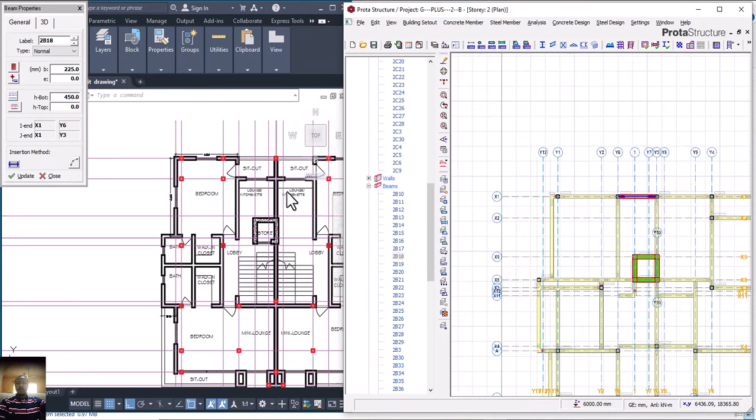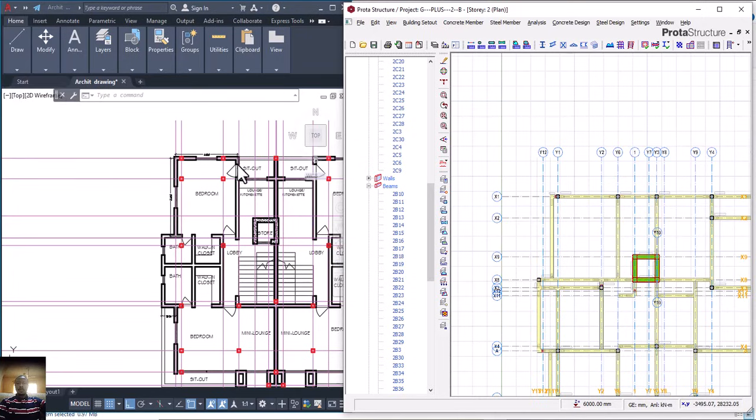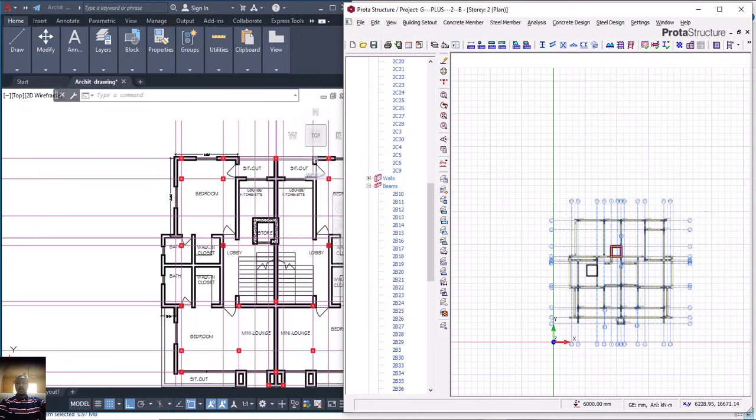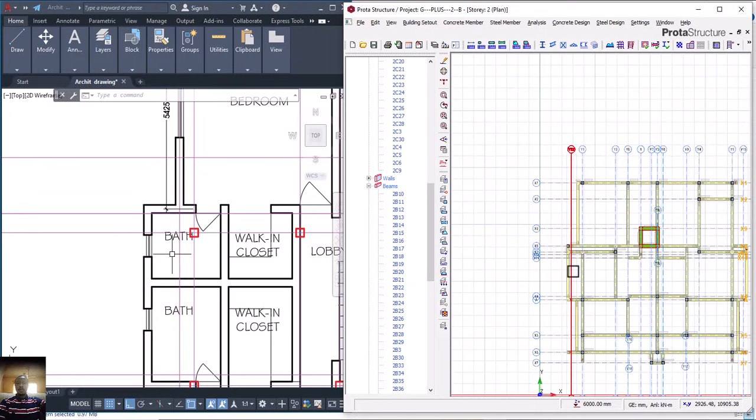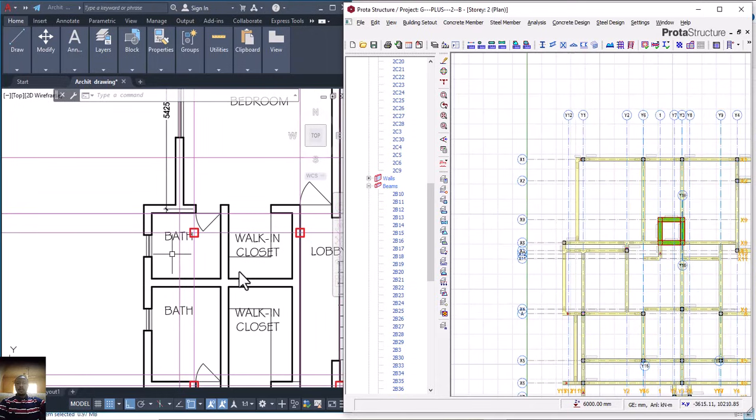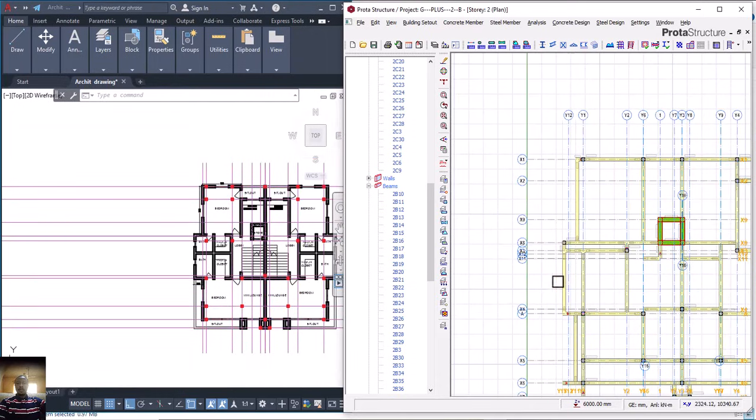Can you see? So we have achieved this one now and this place now. Can you see it now? We have achieved this place, isn't it? We have achieved this one, all this one here. We have achieved this one here now. Can you see? We have achieved this one, which is this place now. We have achieved it. So now coming to this place now, so this wall, this particular wall, this wall here now,